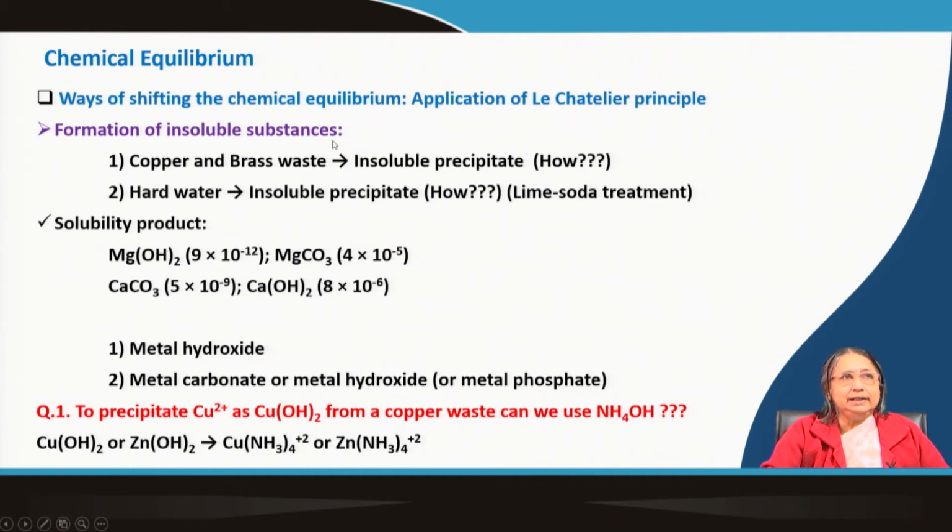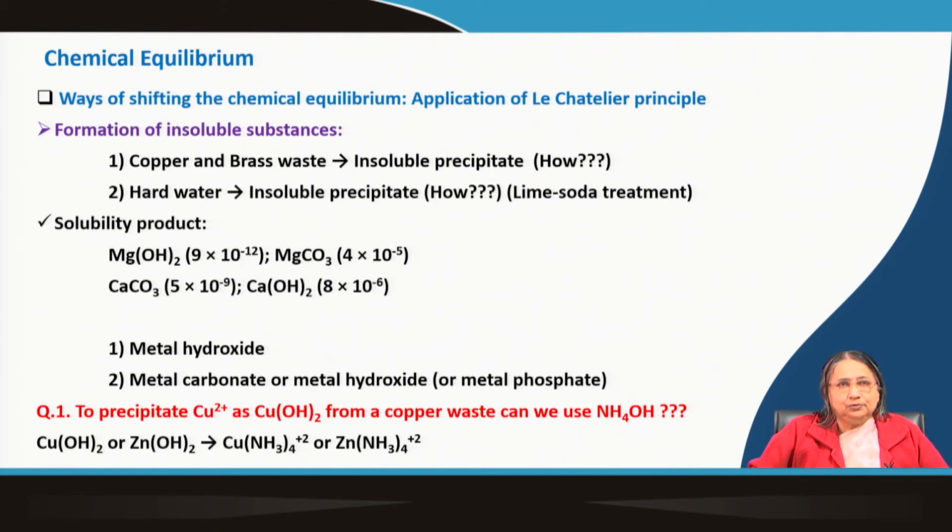Now, here the first one is the formation of insoluble substances. Okay. We have already encountered some examples. Here there are many other examples I have shown, which are practical problems actually. So, here you know brass we use to make different utensils and all. So, brass, do you know what is there in the brass? We remember it this way, brass and bronze. In bronze tin is there, right. So, in bronze tin is there, so zinc is not there, copper is common.